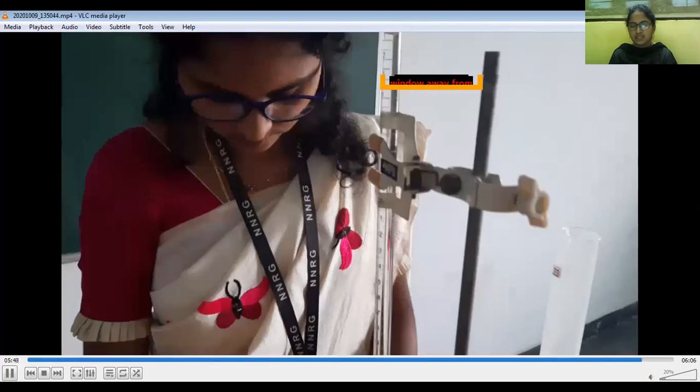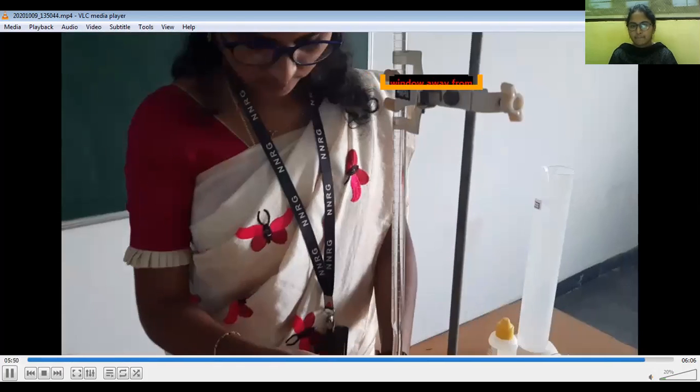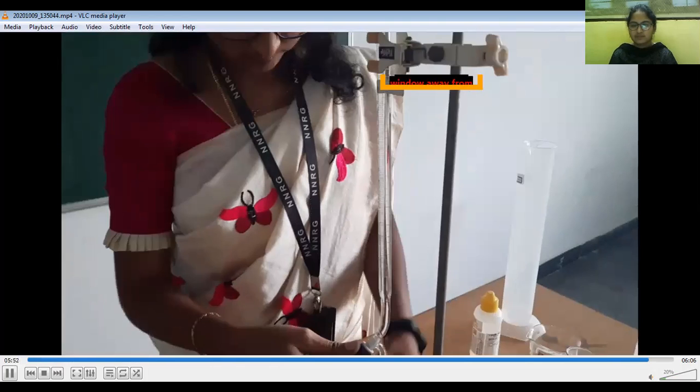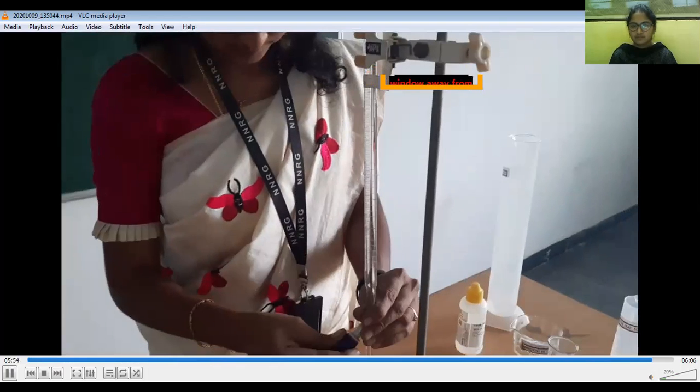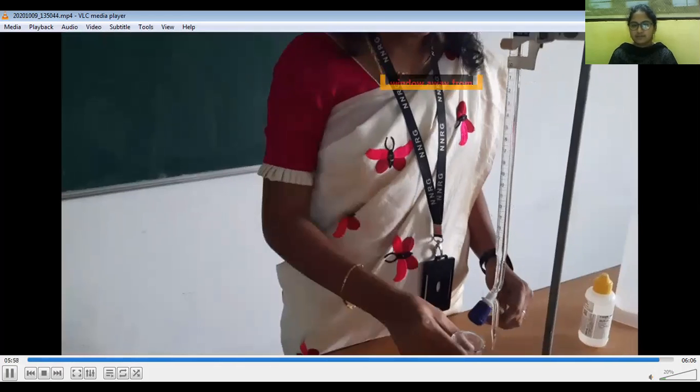Note down the initial reading and again titrate. The end point is the pink color.